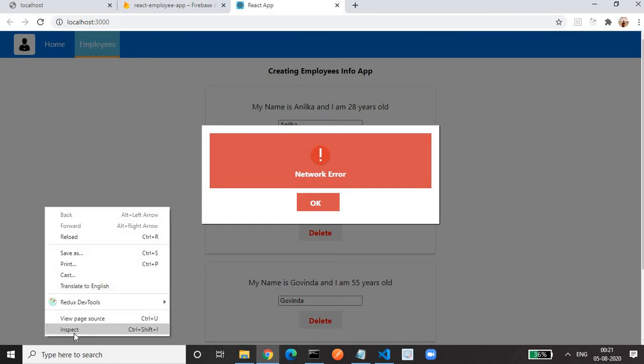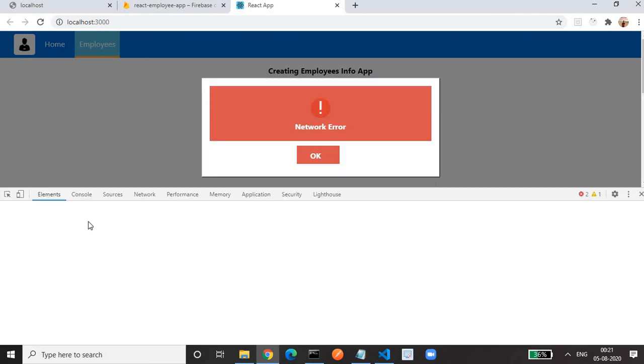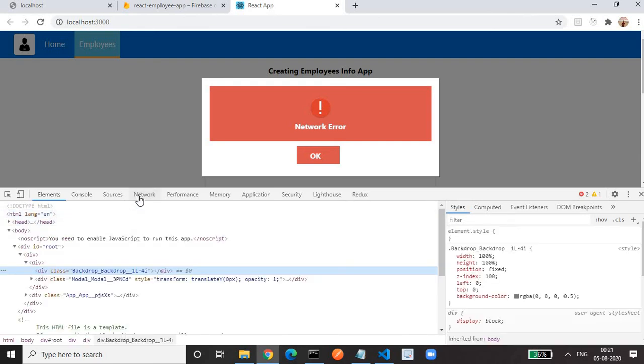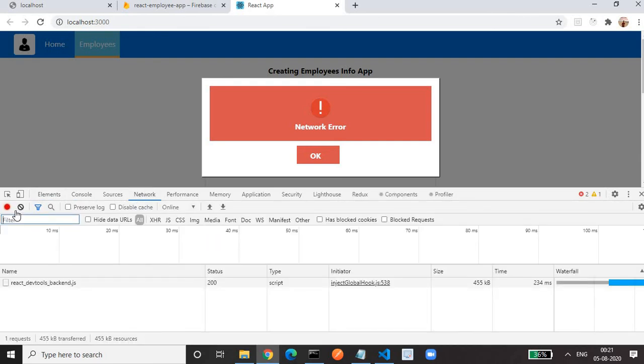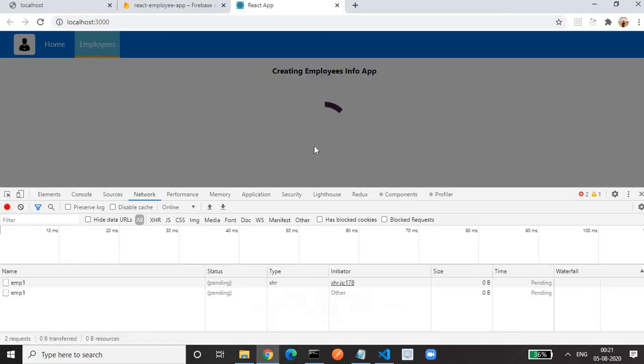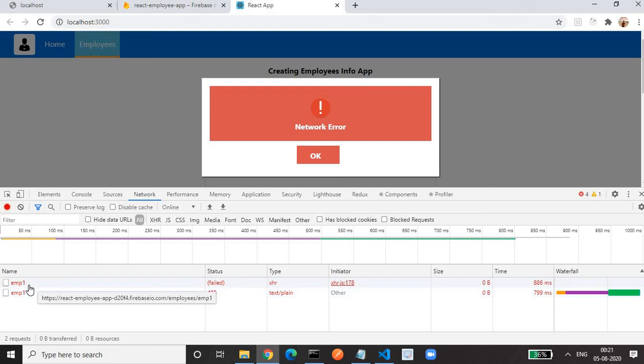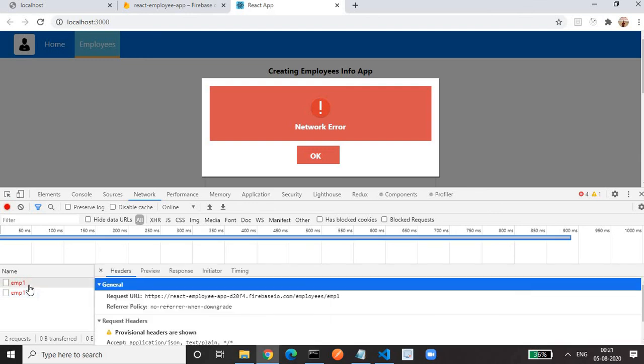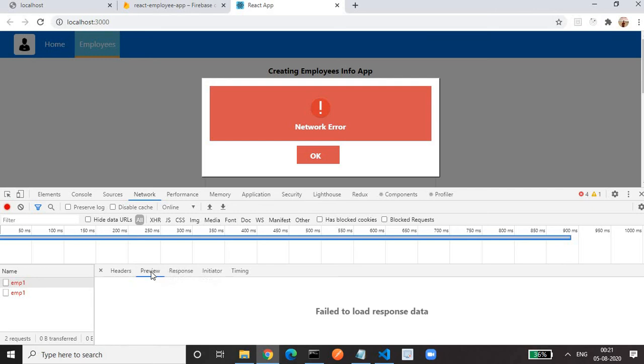If we see our network tab, let me remove this again. On click of delete, see this. I want to delete this one, but we forgot to add .json. That's why our URL is incorrect and we are getting an error. So no response, we are getting an error.